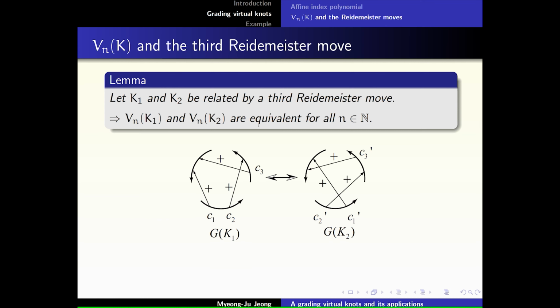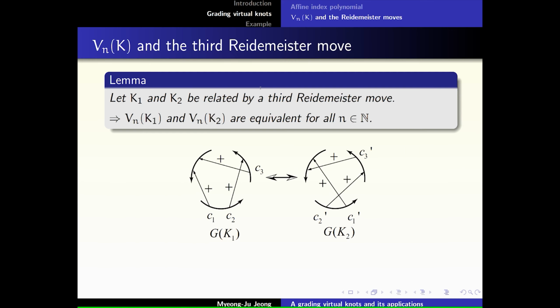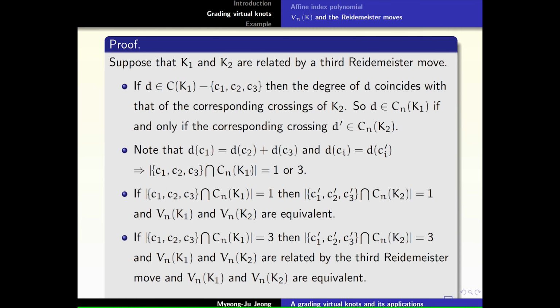Okay, let's see the proof of the theorem. If K1 and K2 are related by a third Reidemeister move and D is a crossing of K1 distinct from C1, C2, and C3, then you can easily see that the crossings C1, C2, and C3 do not affect the degree of D, and so